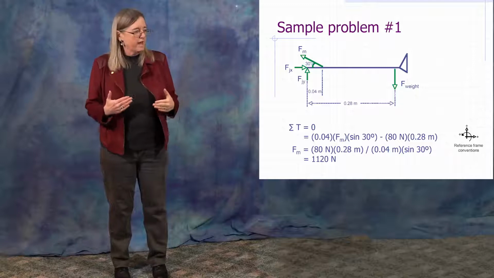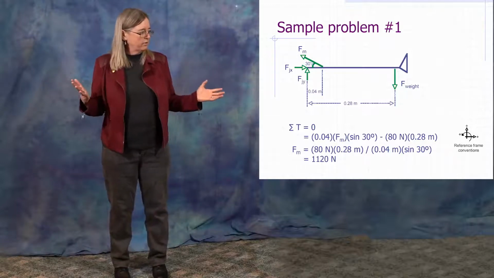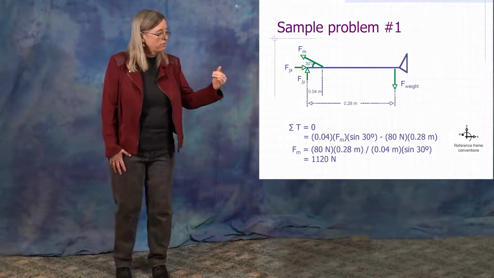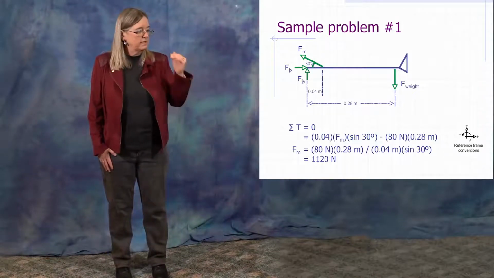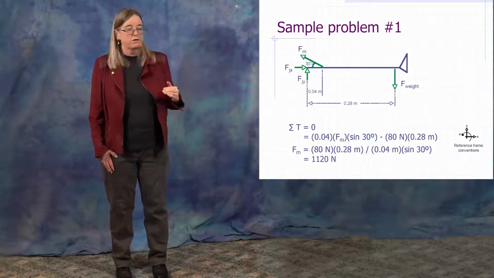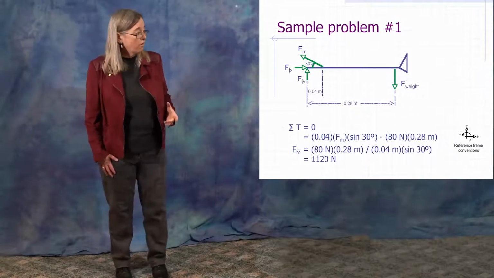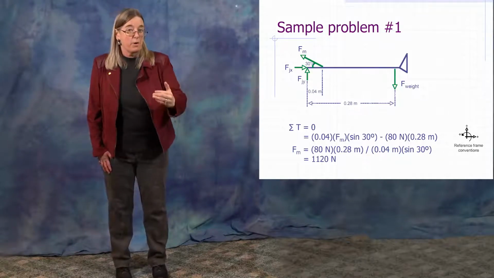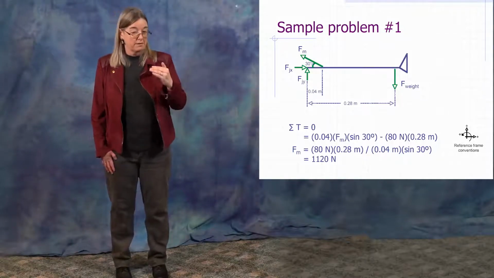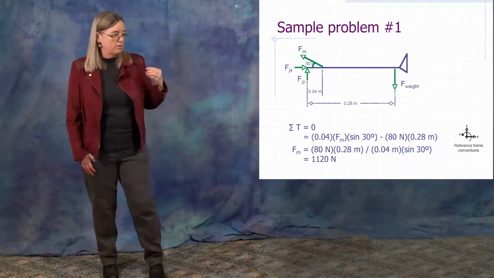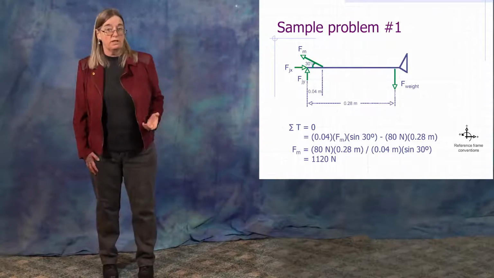If you solve for that, because that all equals 0, the only unknown there is the force of the muscle. So the force of the muscle is going to equal that 80 times 0.28 divided by 0.04 times sine 30, or 1,120 newtons. I'm hoping you're seeing here, it's important to recognize that the muscle force in this situation is